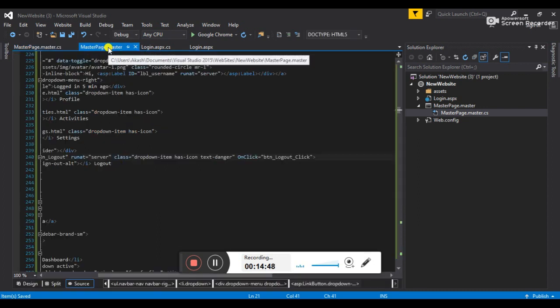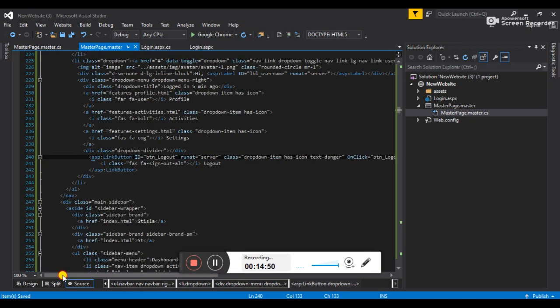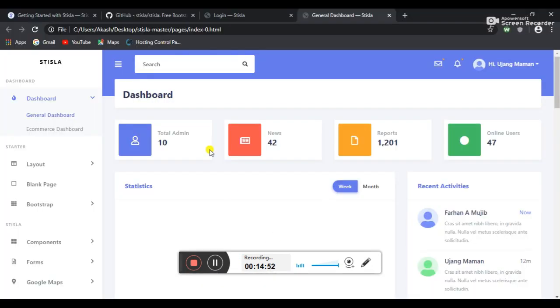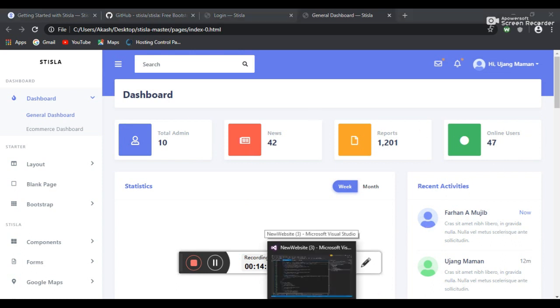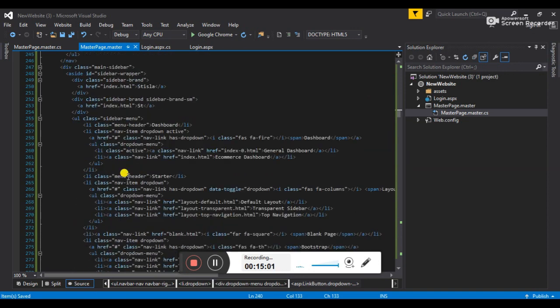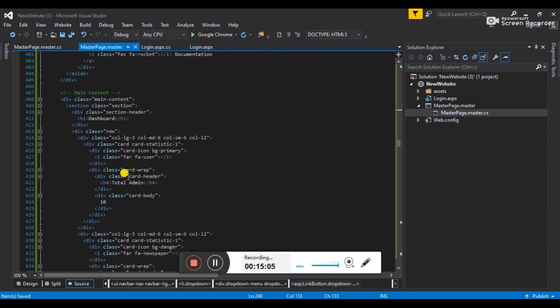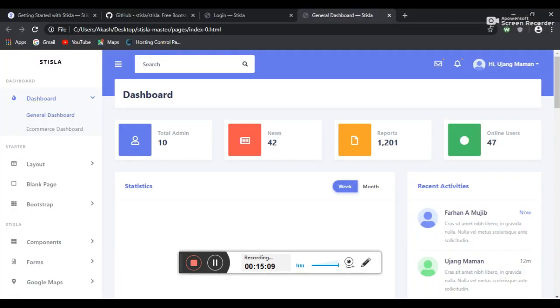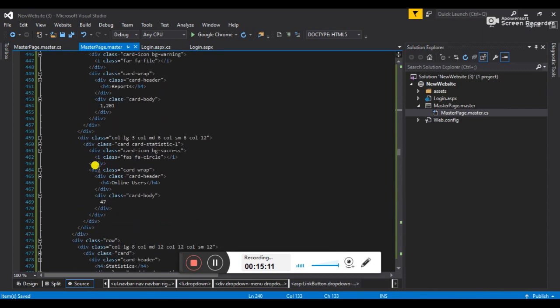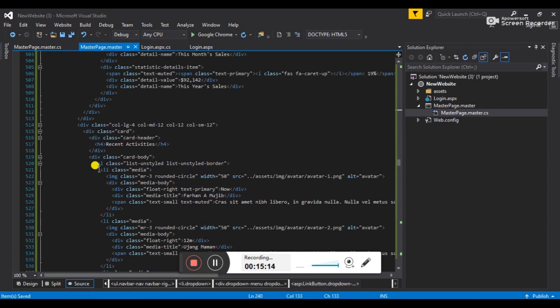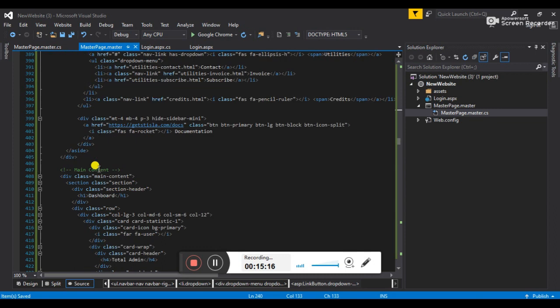Okay. Now I don't need this data down here. I just need only these 4 boxes. So I will remove all that data. For removing that, I need this row to be closed here.